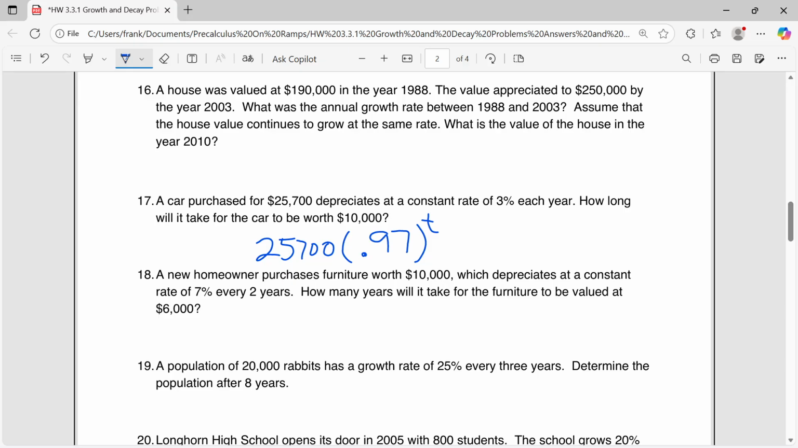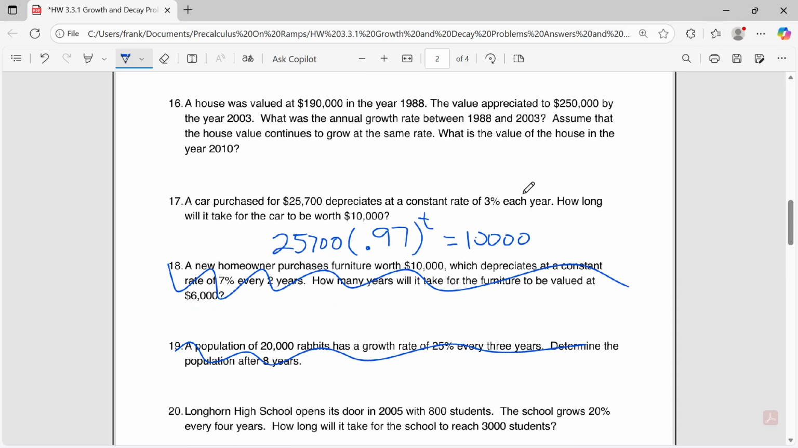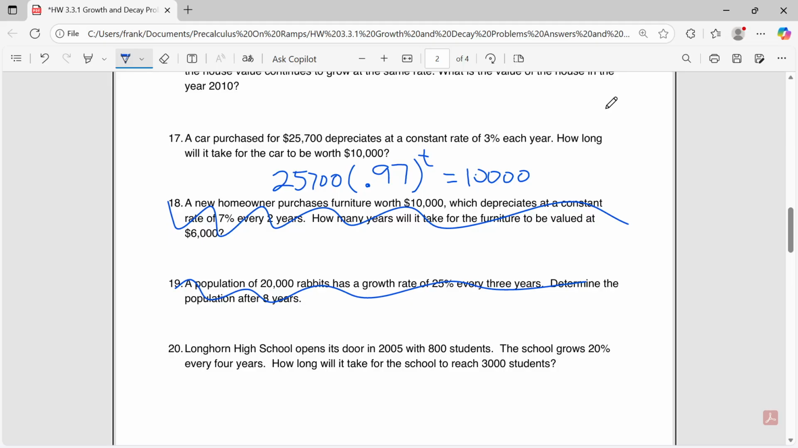Now I want to know what it will take for the car to be worth $10,000. So I want to know when it's going to be worth $10,000. I'm not doing any of these other ones right now. I'm just going to use this room to write my answer. So I'm going to do 10,000 divided by 25,700. I'll cancel out 2 zeros, so it's going to be 100 divided by 257 equals